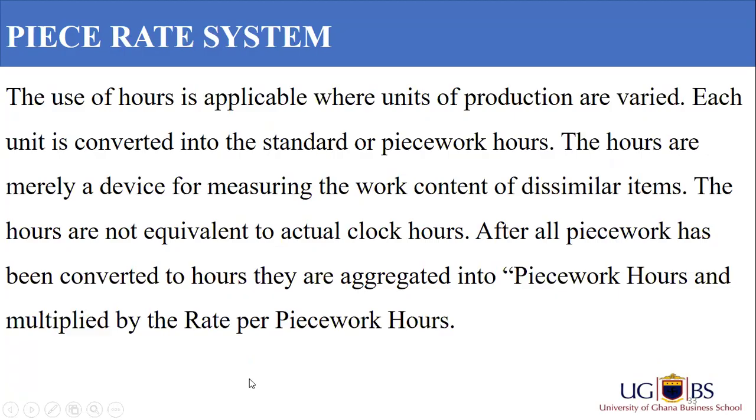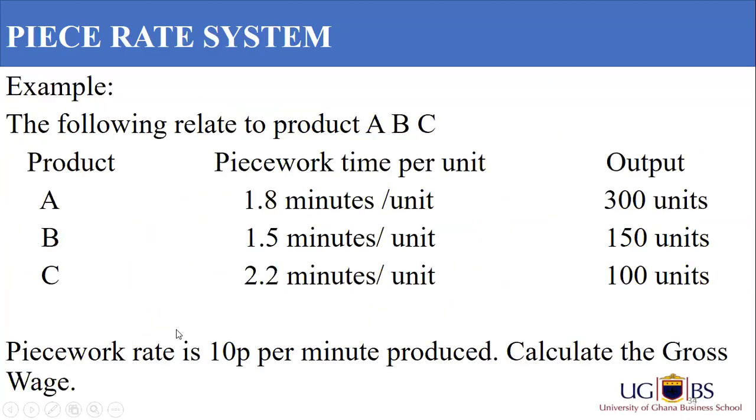multiplied by the rate. So let me start from here. The use of hours is applicable where units are varied. Each unit is converted into the standard or piece work hours. The hours are merely a device for measuring the work content of the similar items. The hours are not equivalent to the actual clock hours. After our piece work has been converted to hours, they are aggregated into piece work hours and multiplied by the rate. So basically what this means is that